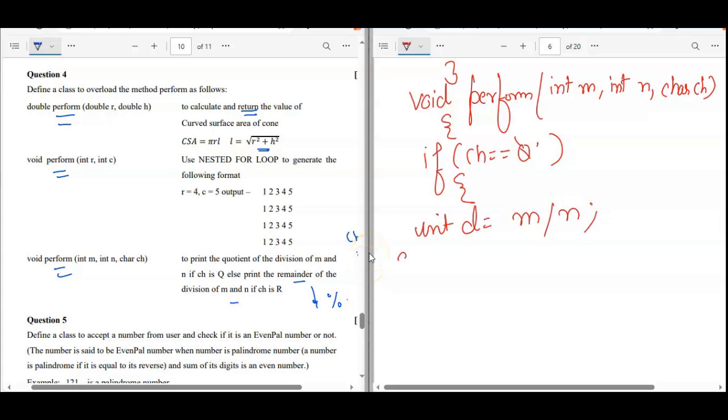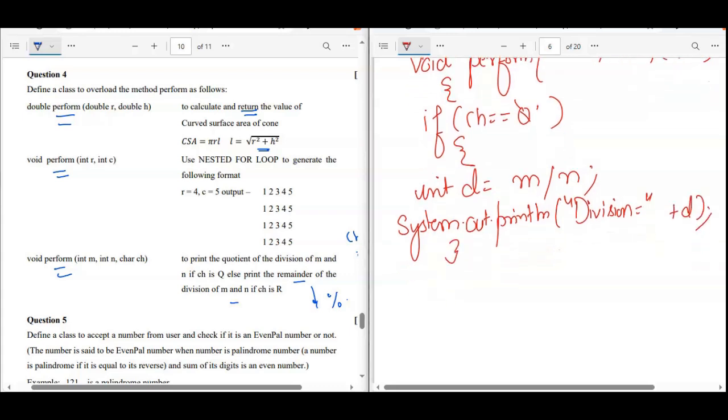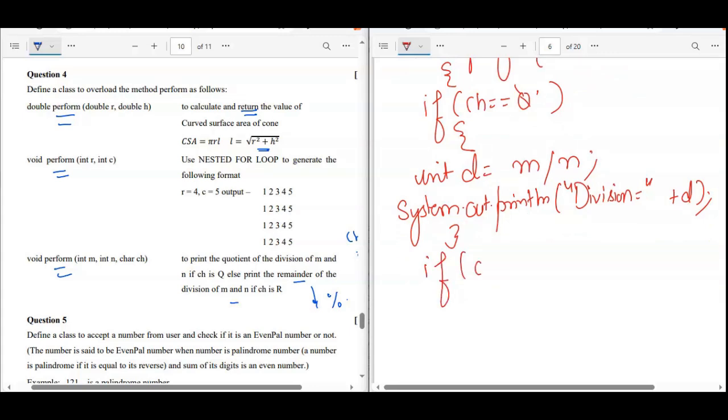So here you just print System.out.println division is equal to plus d. Okay, and the next one, what you will write, if the value of this ch is r, you need to calculate the remainder.